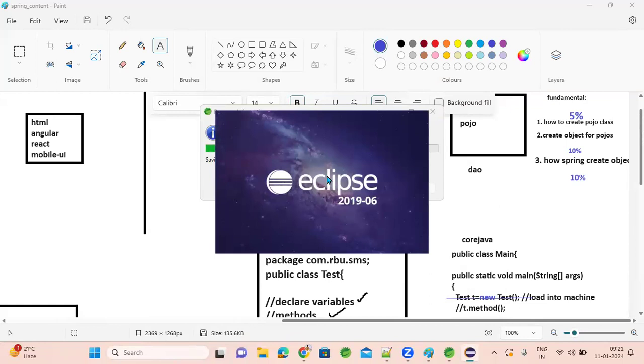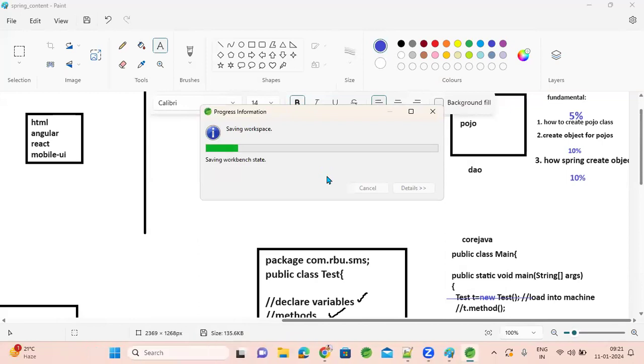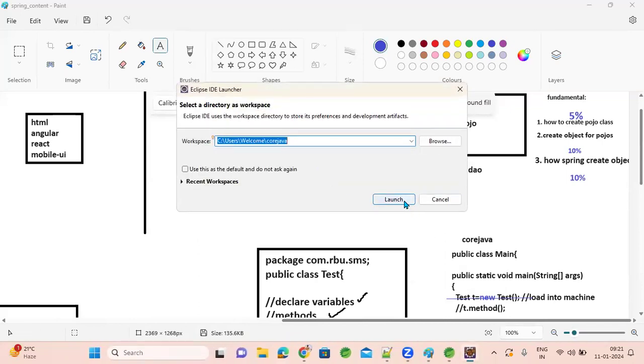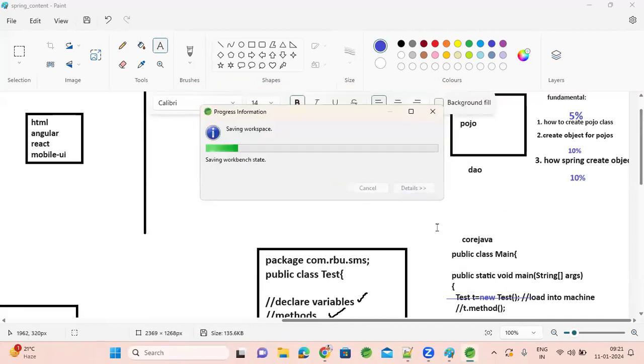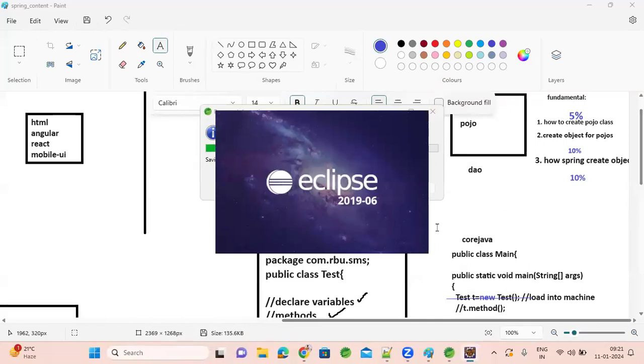Download the latest version of Eclipse and download JDK 8. First, JDK 8 download. I can give you those links if you need, how to download. One session I'll take on how to download and install them, and I can help you with the first 1-2 projects, how to create and how to run.